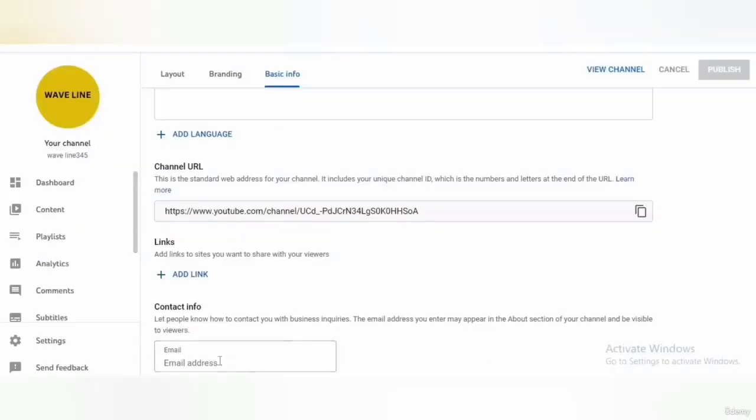And lastly, make sure you put in your email address here, because it says contact info. Let people know how to contact you with business inquiries. The email address you enter may appear in the about section of your channel and be visible to viewers. So you want to make sure you put in your email address so people can contact you in the future for any business inquiries. And after putting your email address, you click on this button